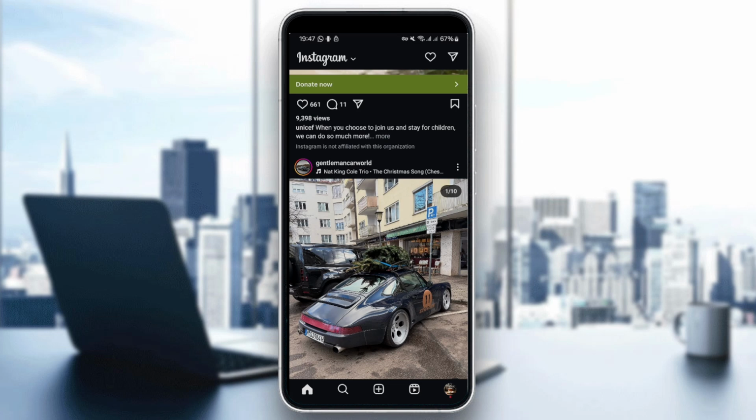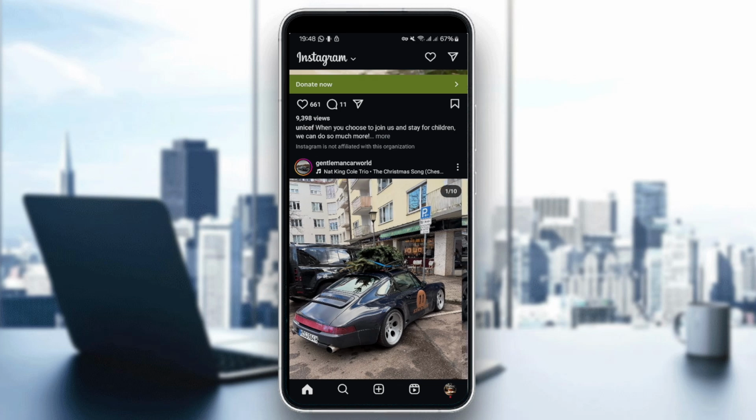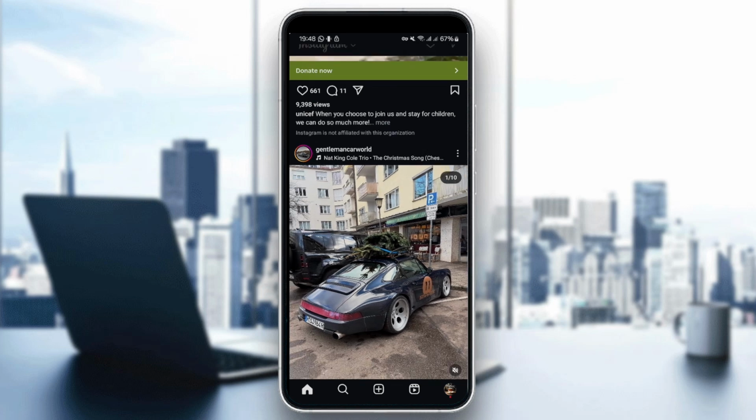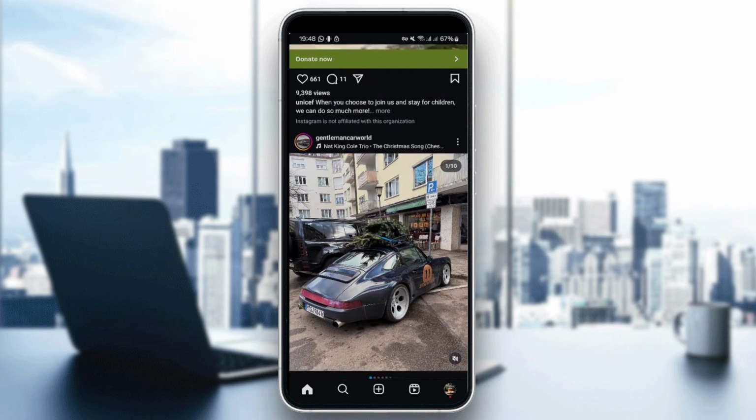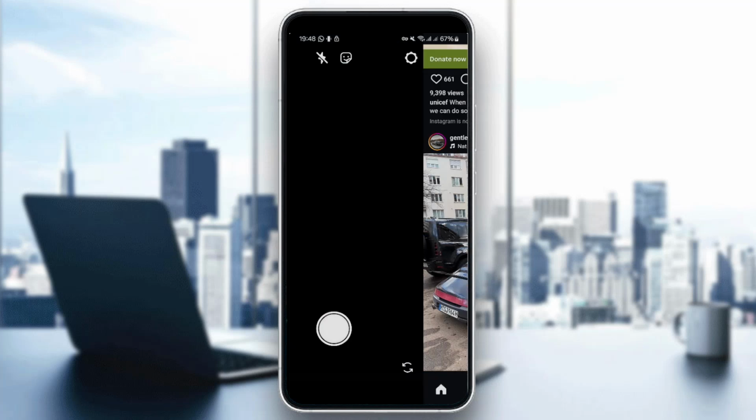And to do that, just go to your Instagram app on your phone and then click on it. After you log in using your account's credentials, swipe right on your home screen to open the stories camera, just like this,